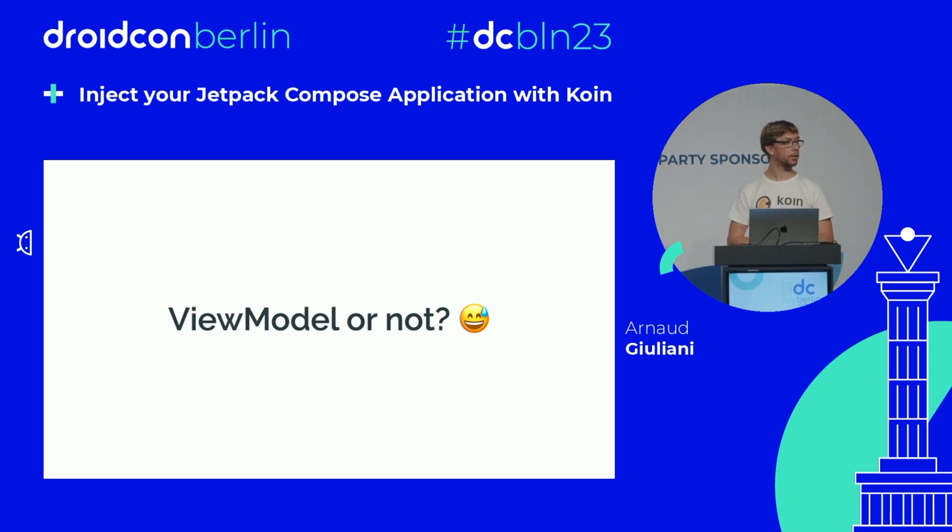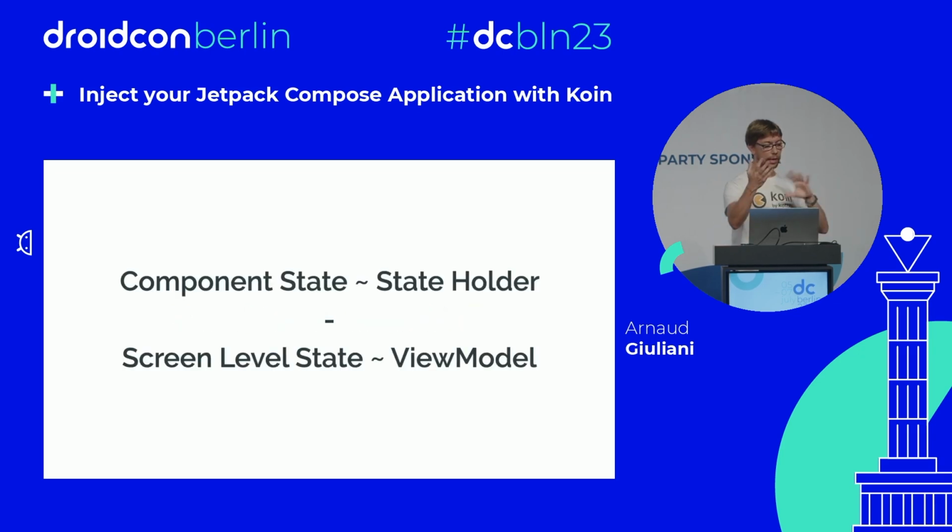I believe there's a big debate about that: do you really need a view model or not? Because finally, view models are big stuff, but it survives all this screen refreshing and configuration change, etc. And there are two kinds of things that you can see in the documentation. There is a kind of state holder when you are gathering logic about the state of your components. Either you have a screen level state, a view model, the view model component for that.